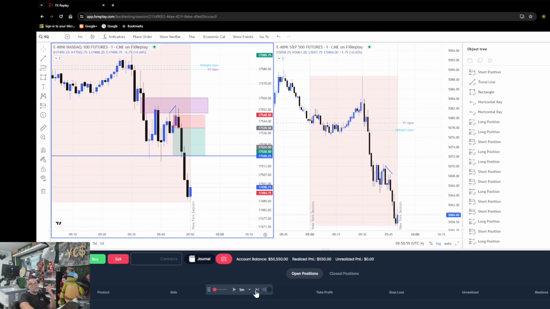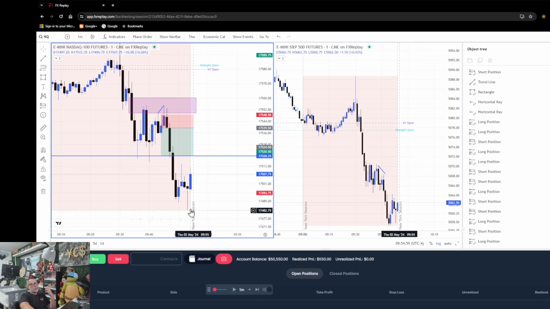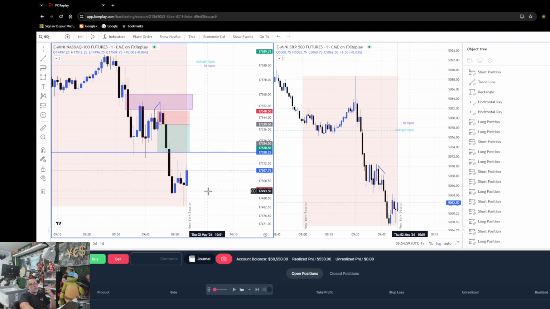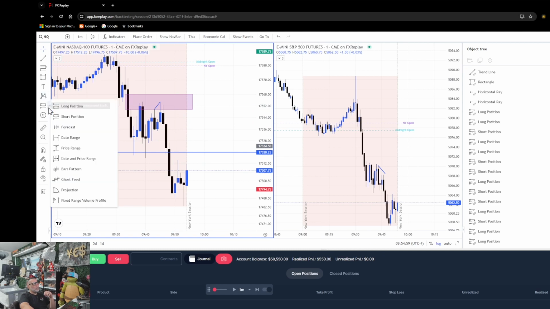I'm going to take pretty much whatever divergence I see, which, for example, right here is another divergence, right? We took out this low, we engulfed this candle. We did not take out this low, and we engulfed this candle. So technically, the weaker pair is also ES again, but it's going to be the same scenario. We're going to take the long setup here,